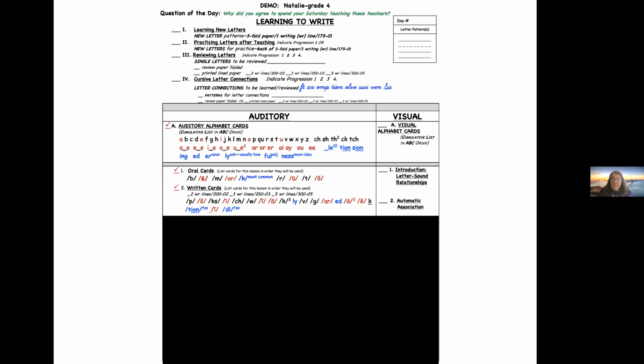Okay. And then I might say, choose the one you would use if you were spelling the word invention. So then they have to say invention, try to think about what it would be without that ION, and hopefully choose the right one. But then it's relating it to the lesson, but they're still not writing the word yet.